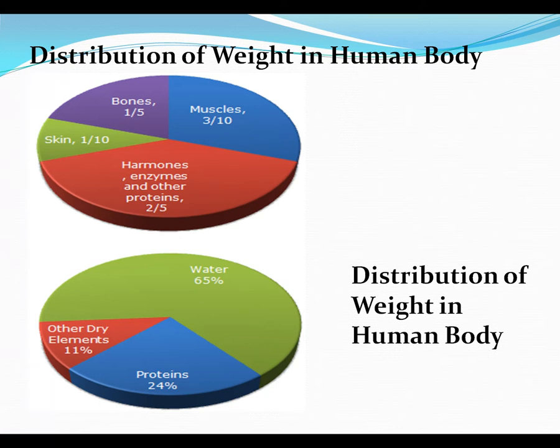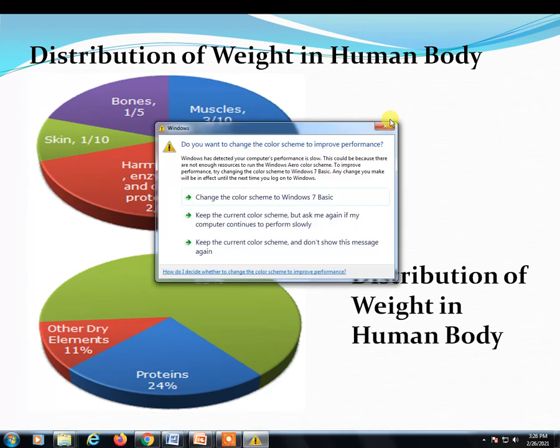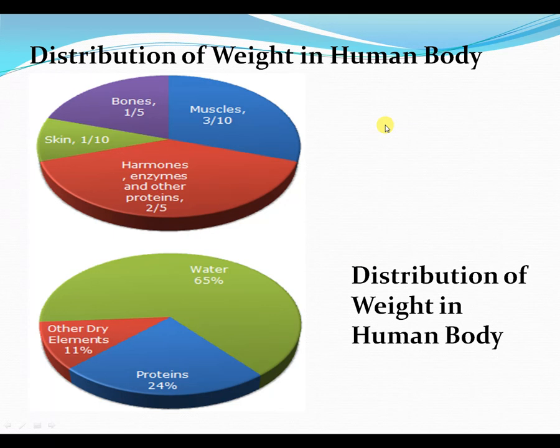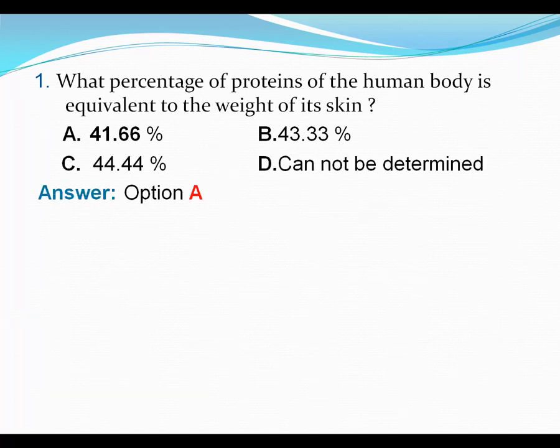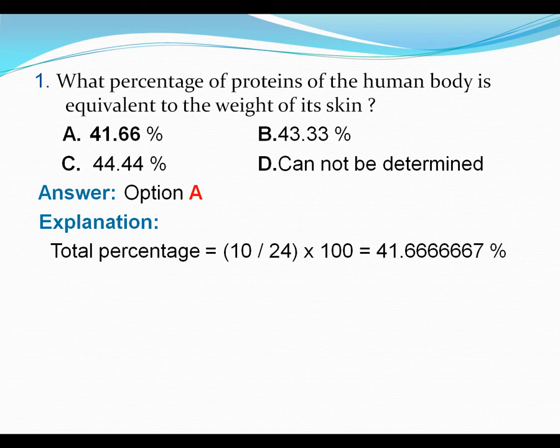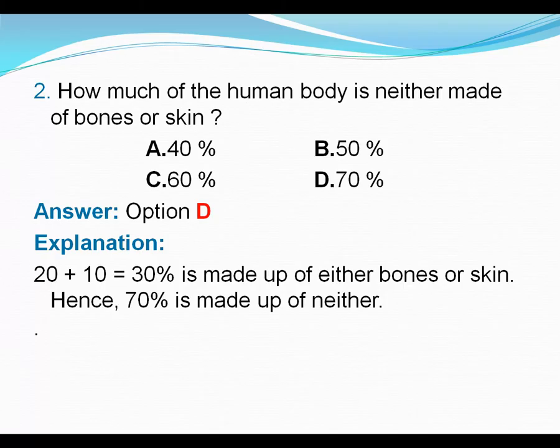So this is just a distribution of weight in a human body, and looking at this pie chart, one can come to know how each of the things is distributed, whether it is equally distributed or unequally distributed, and so on. Based on this, we have some questions which we can answer by looking at the pie chart or bar chart. So these are some example questions. By looking at the chart, you can answer these questions as an activity for this syllabus.